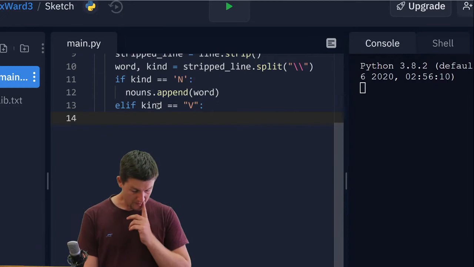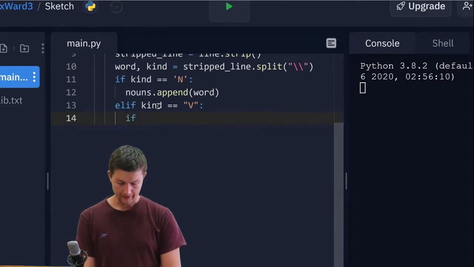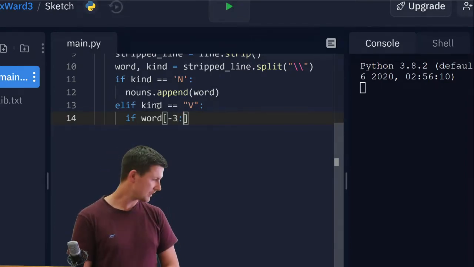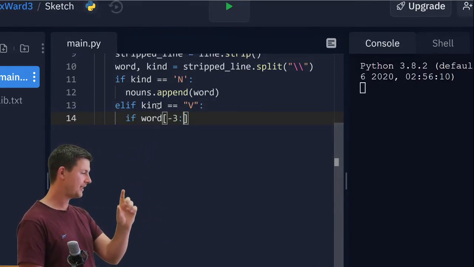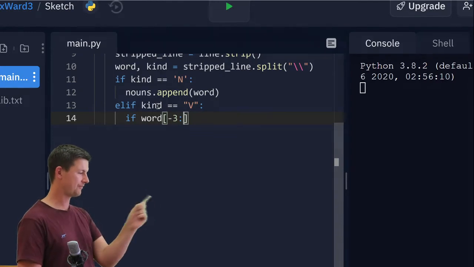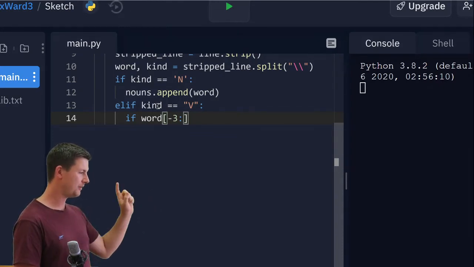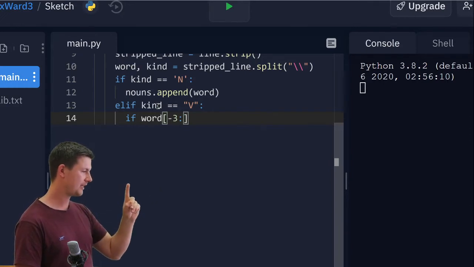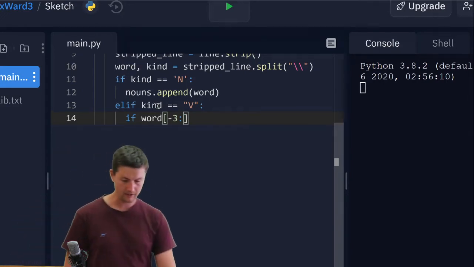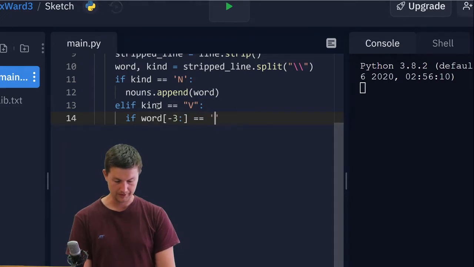Okay, so if the last 3 letters of word, so if word minus 3 to the end. That's what that means. Look at the 3rd letter from the end and then the rest of them. And all the rest of them to the end. So minus 3 colon nothing means 3rd letter to the end and the rest of them. So if that is ing,